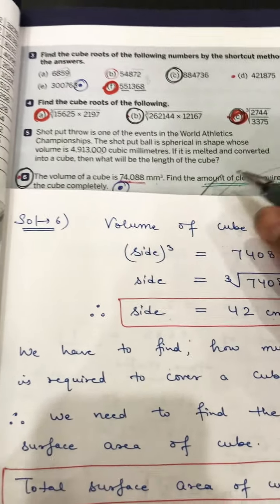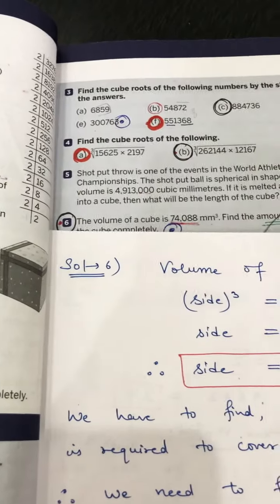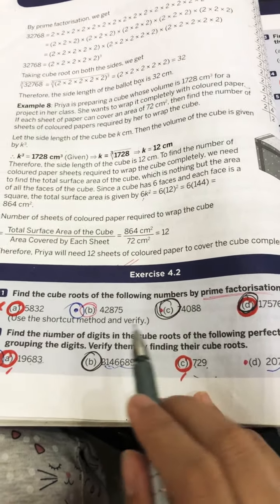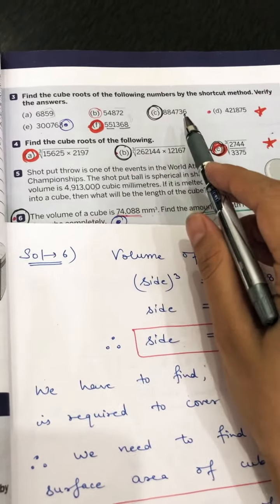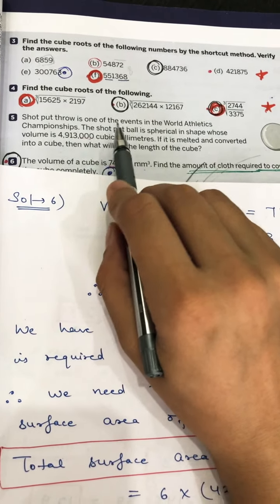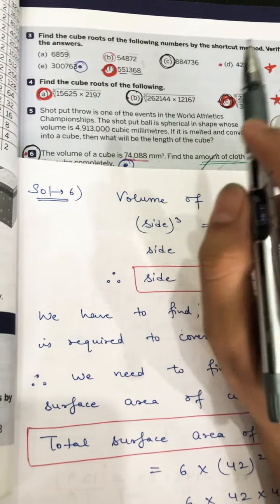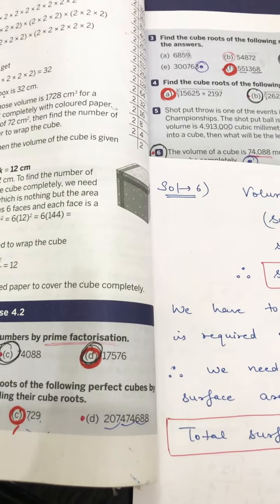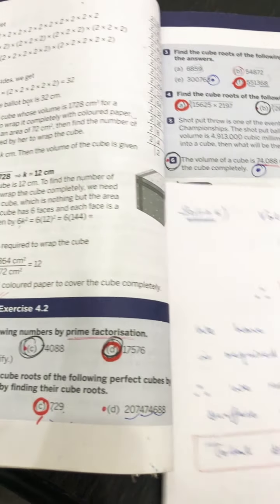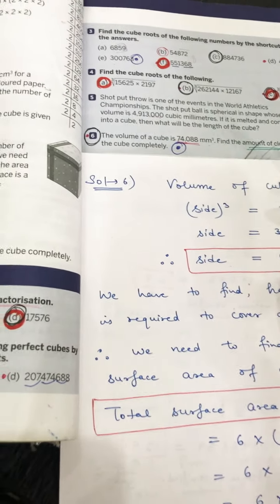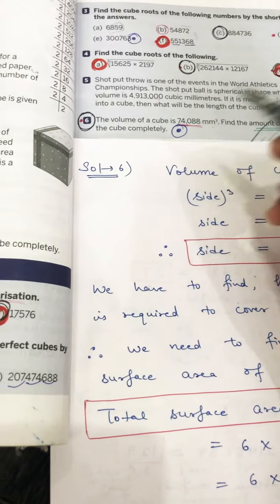Your homework is to do whatever parts I have given you of the previous questions. First of all, solve them in the practice notebook, whether I have given questions from question number 1, 2 or 3. Question number 4 we have done completely in the class, and questions number 5 and 6 also. Now do the homework parts first in the practice notebook and then go for the fair work. Please do all the questions very properly, and whatever doubts you have in your mind, we'll discuss in the doubt clearing class.